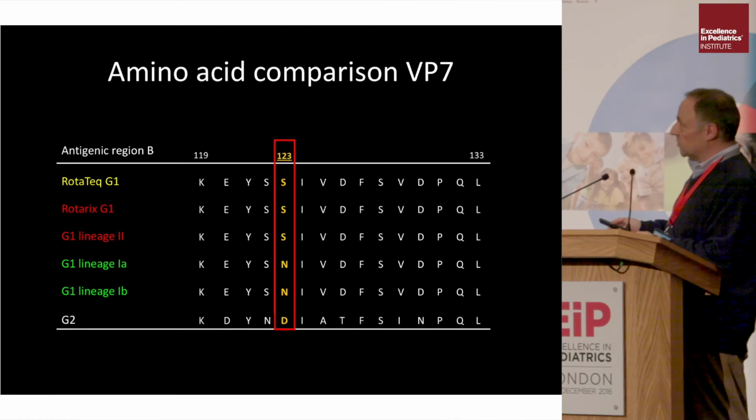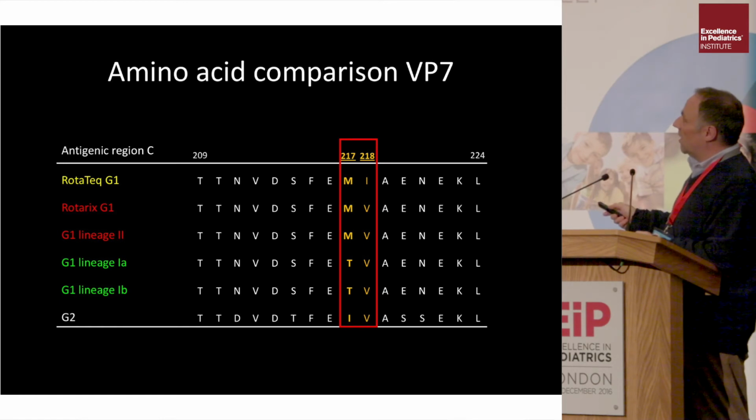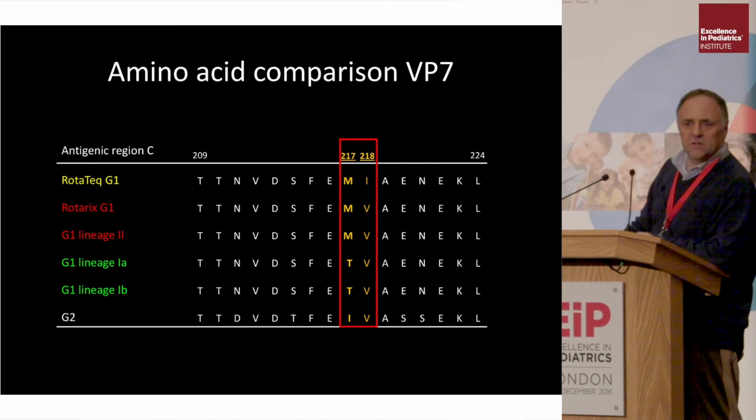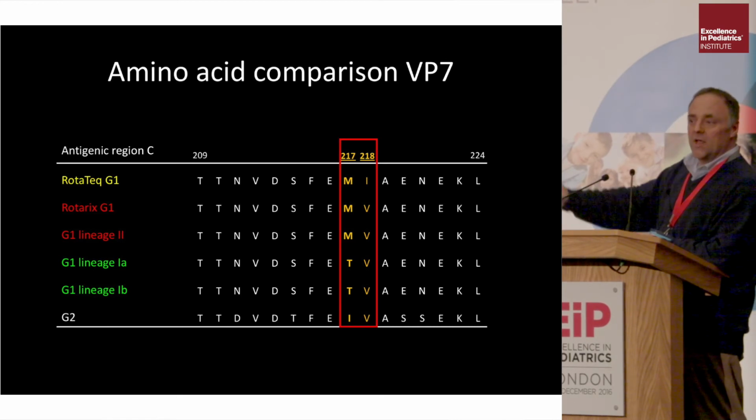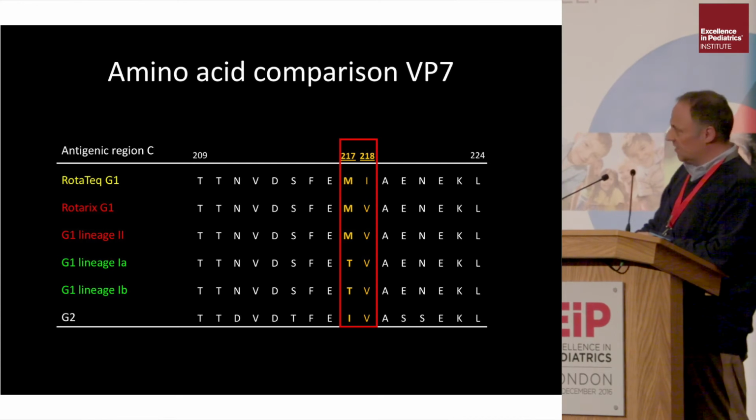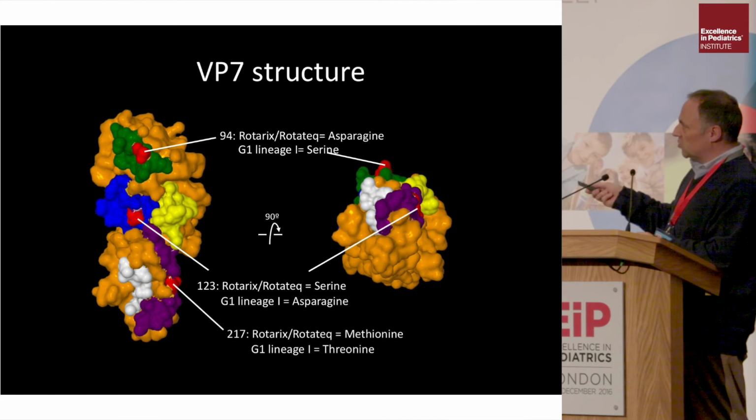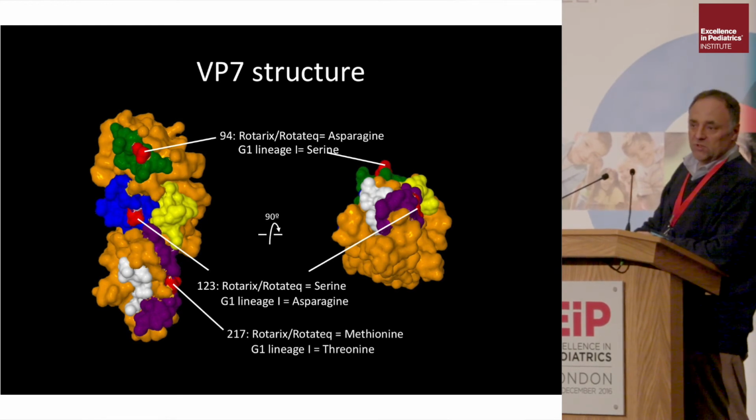And that is true for most of the antigenic regions, although sometimes the differences are small. Probably here it doesn't really matter if it's an isoleucine or a valine which is circulating, both are aliphatic, but the difference between a methionine and a threonine three-dimensionally is quite large. And the viruses are shifting away, or drifting away rather, from what is in the vaccine. We superimpose this on the three-dimensional structure, and in immunologically important positions, the number of differences between what is in the vaccine and what is out there is increasing.